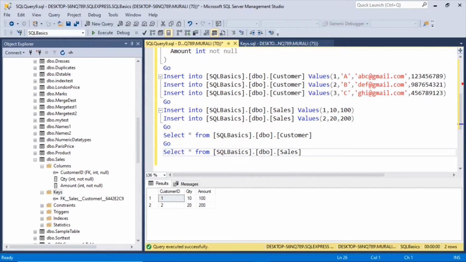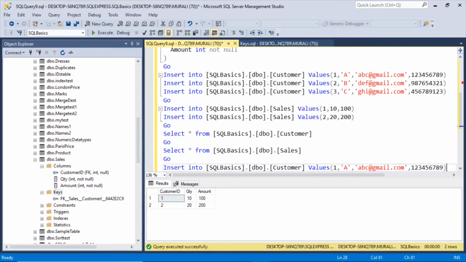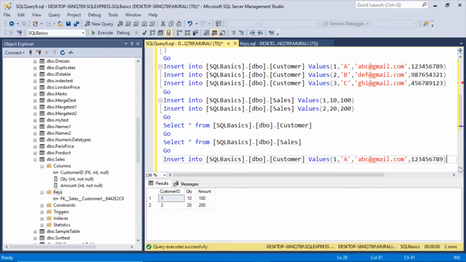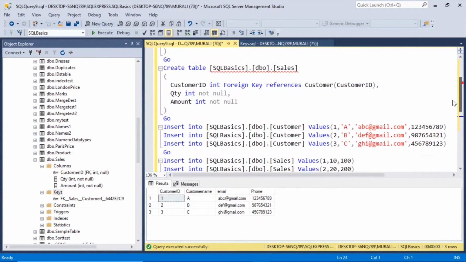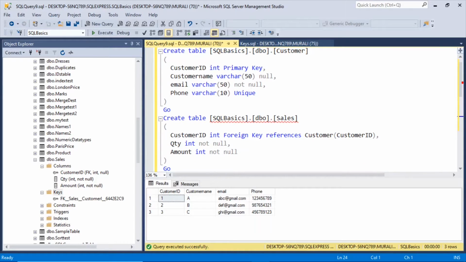Now let us test the primary key. So I'll copy this record, insert into, and I'm entering this record again. So 1 is already there in the customer. But customer ID is primary key.